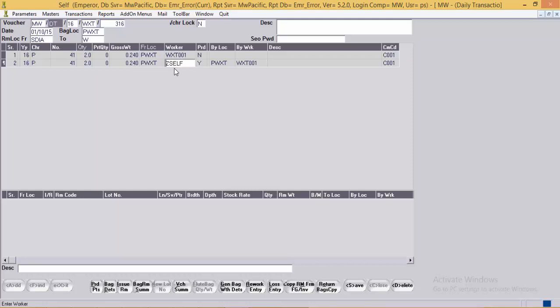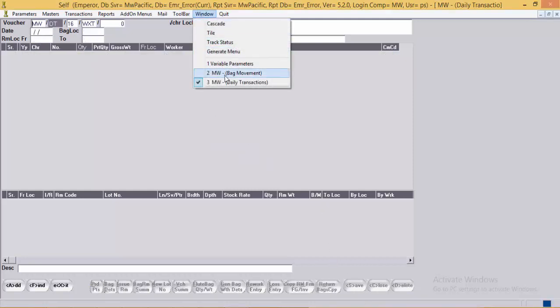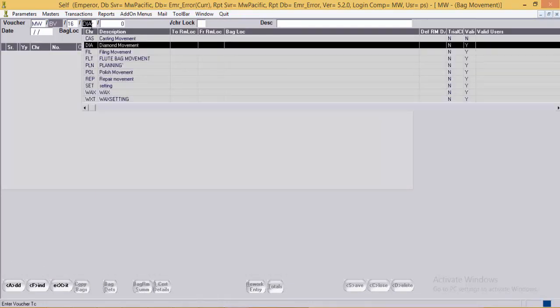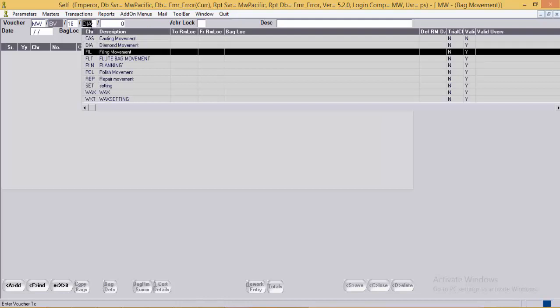Now, after the task in wax setting has been completed, the bag can be moved from wax setting to the casting location or the tree location as per the requirement. We will move this bag to the casting location, for which again we will use the bag movement entry, and now the character series will be wax setting.